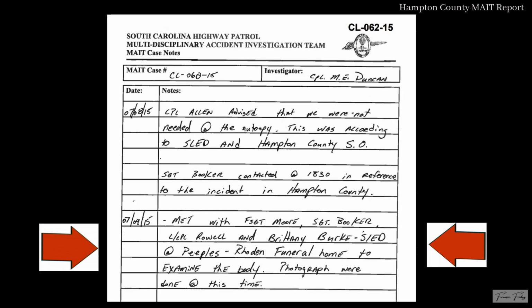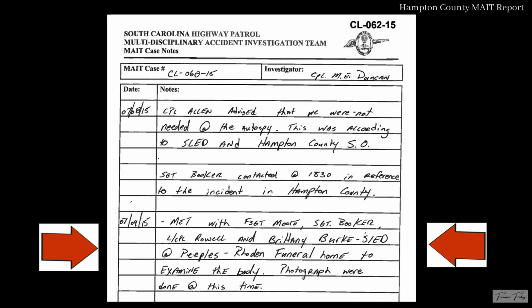So they contacted the funeral home and showed up there to take their own photos. So that's why we're talking about these types of photos at the funeral home. I don't think that's a normal thing to do, but they were just trying to gather their evidence as well. And thank goodness they did,